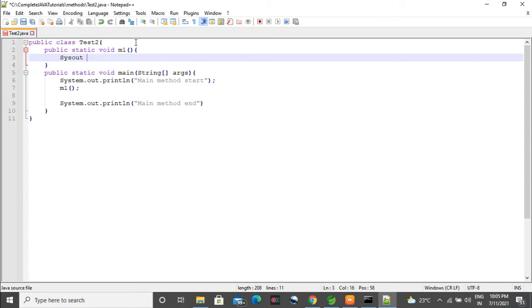Okay, it is not sys out, it is System.out, because here we cannot do the shortcuts. So we will write here in the M1 method a declaration statement only. See here, we are not passing any argument, we are not returning any argument while calling M1. So it is no passing argument and no returning argument.